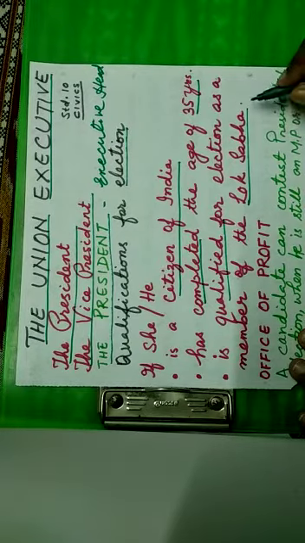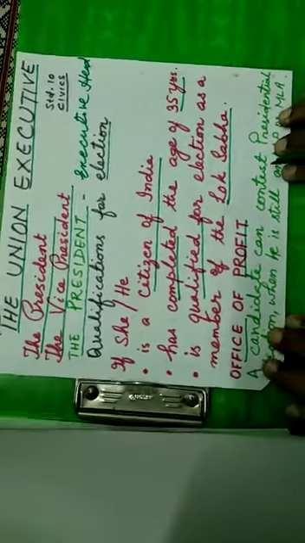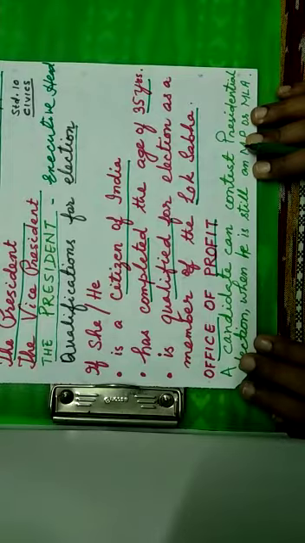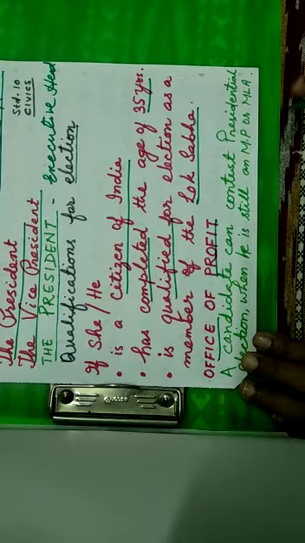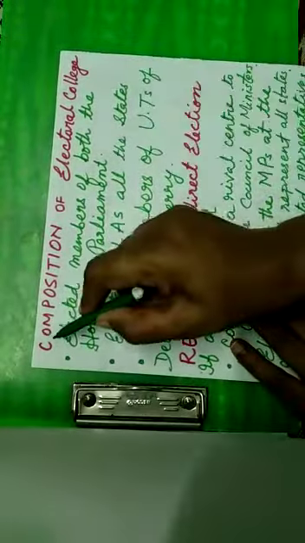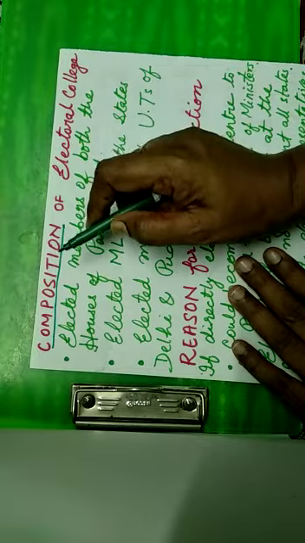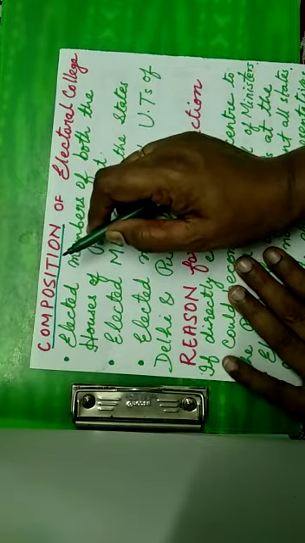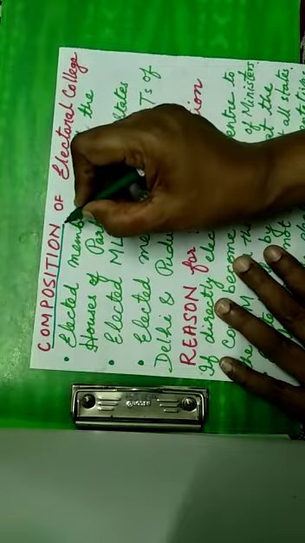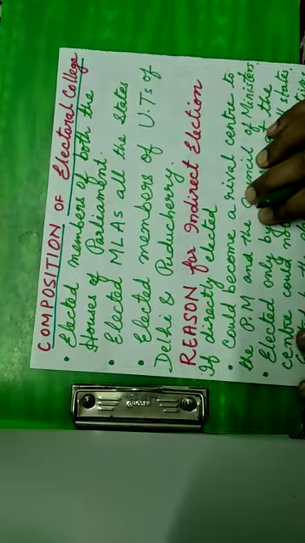To be a member of Lok Sabha, we had learned not to hold the office of profit, while the office of profit can be held by a presidential candidate during the election, even if he or she is an MP or MLA can contest election. This much is about the qualification required to be elected as President of India. After knowing about the qualifications required, how he is elected, the composition of electoral college we shall learn.